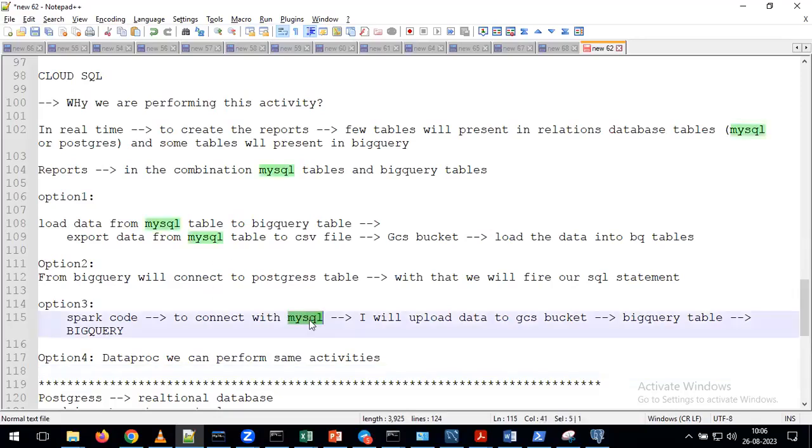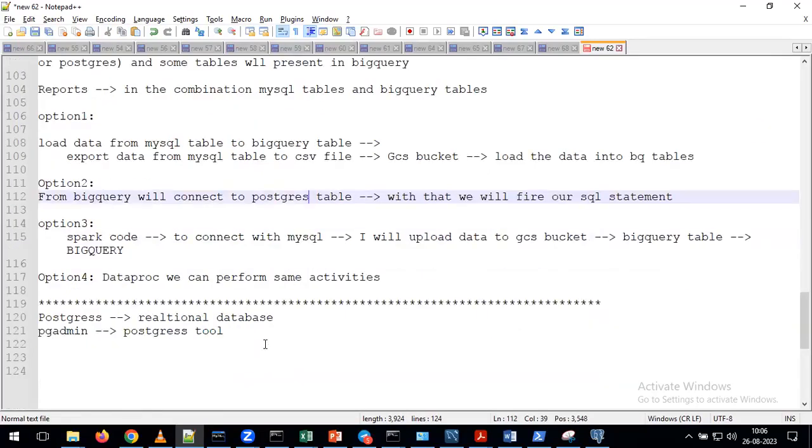Already we discussed MySQL. That's the reason, as part of today's session, I'm trying to explore Postgres. Yes, that's correct. But sir, in real time, only one database will be used, either MySQL or Postgres. Correct. Only one database is used in a project, either MySQL or Postgres, or we may see SQL Server in your projects.